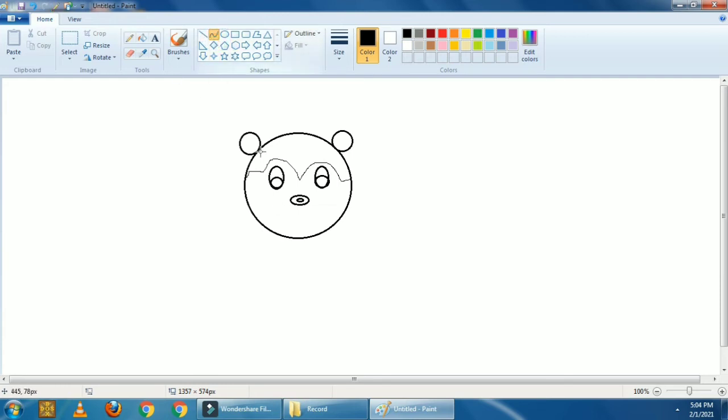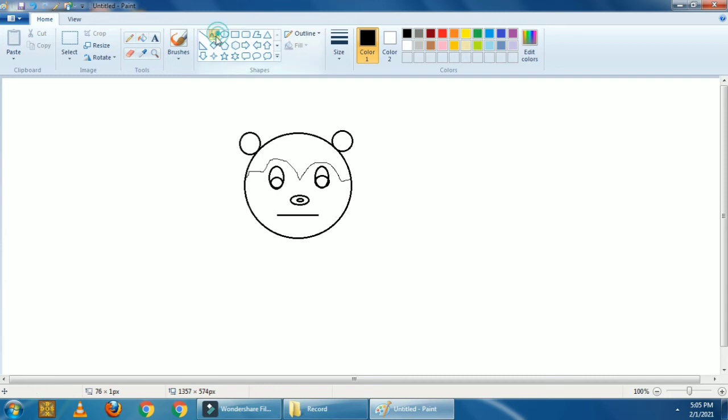So click on this and press the shift key on the keyboard, and click and drag your mouse from here like this. Press the shift key, and only then can you draw the straight line. Okay, let's draw again. Press the shift key on the keyboard, don't release it, release it only when the drawing is finished. Now click.